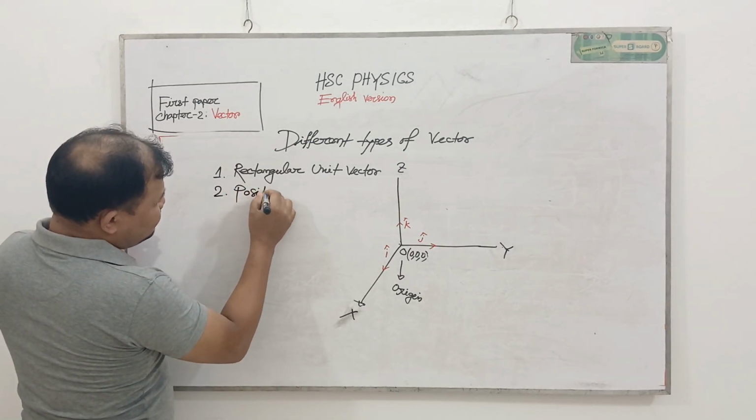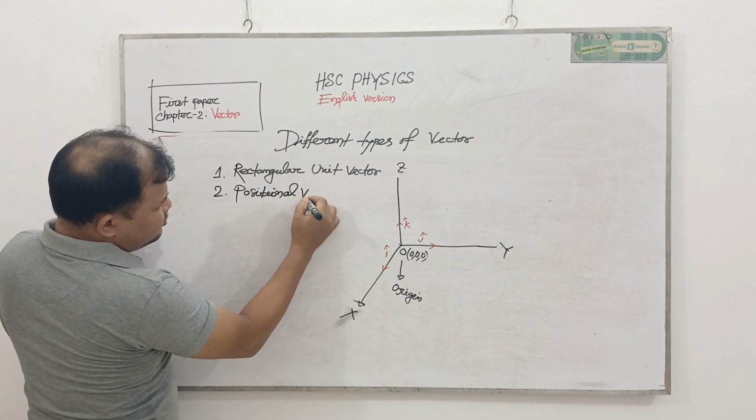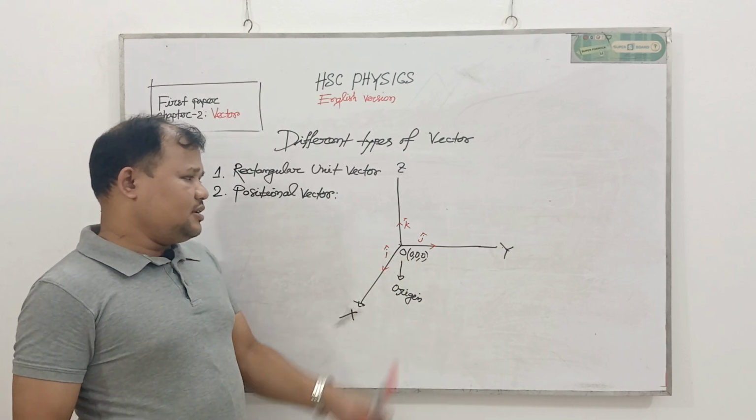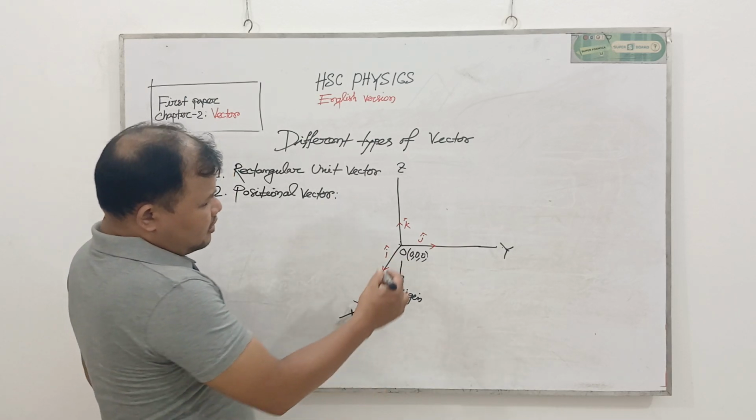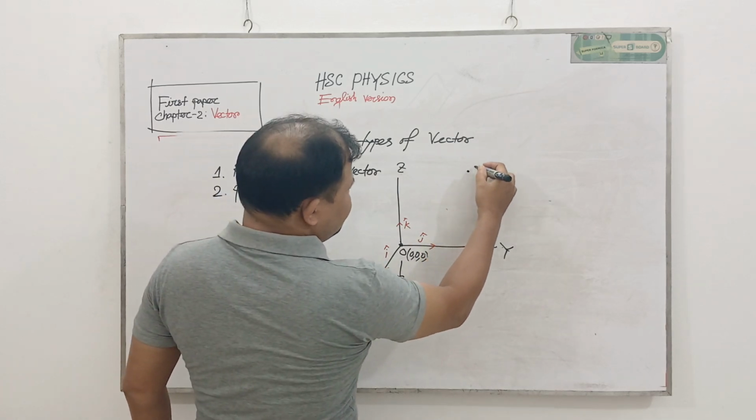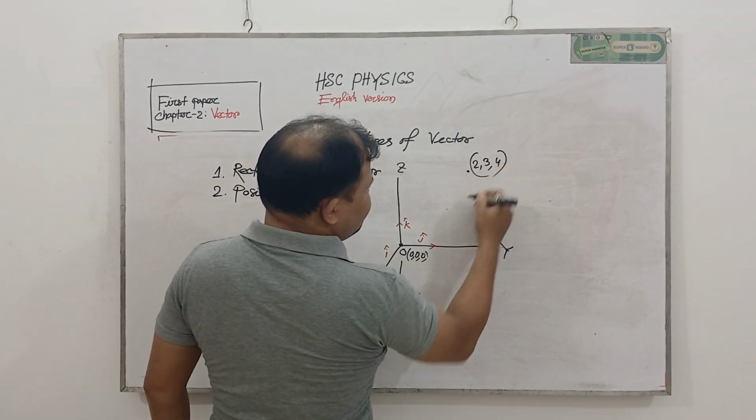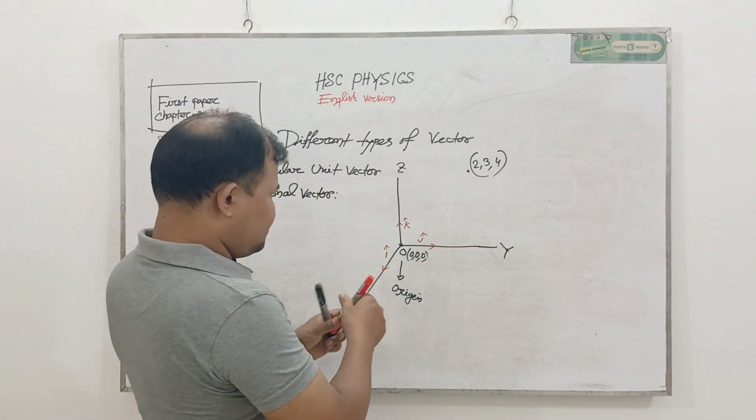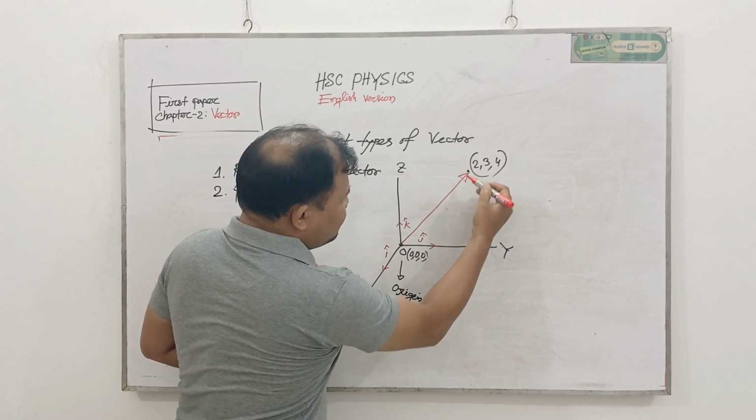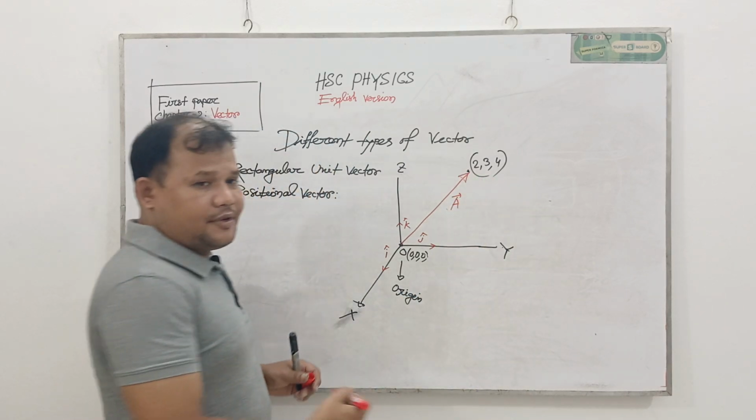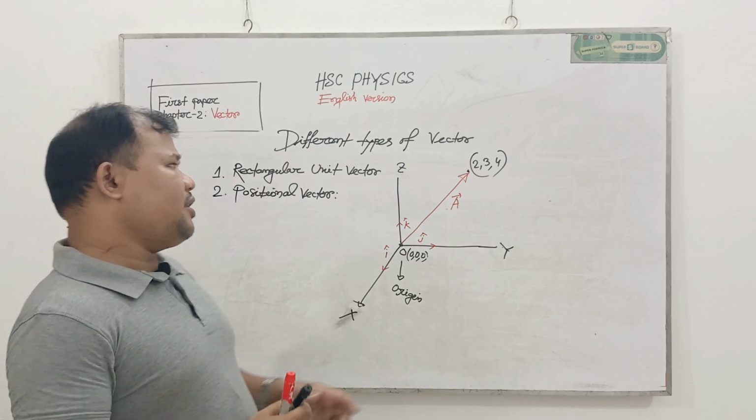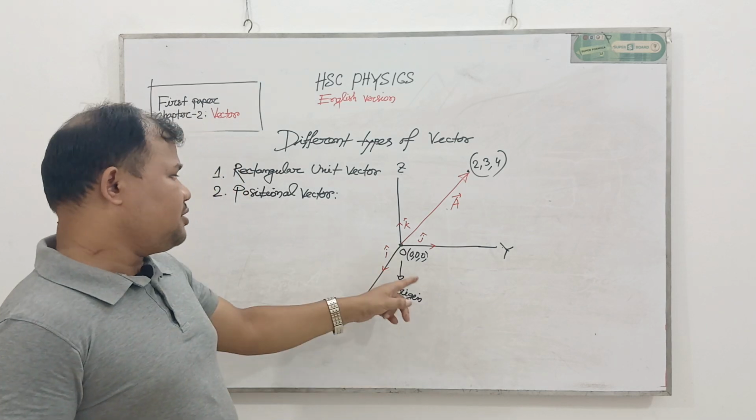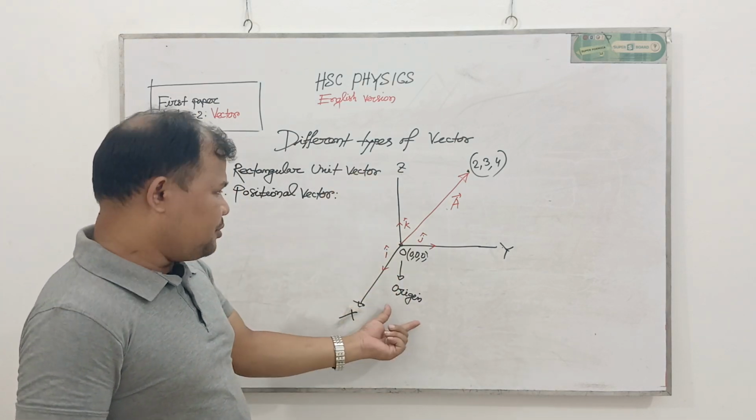Number two, positional vector. What is a positional vector? Suppose this is a 3D coordinate system and this is the origin. Suppose here is a point (2, 3, 4). Suppose this is a vector, and the name of this vector is vector A. If a vector identifies the point (2, 3, 4) with respect to the origin of the reference frame,